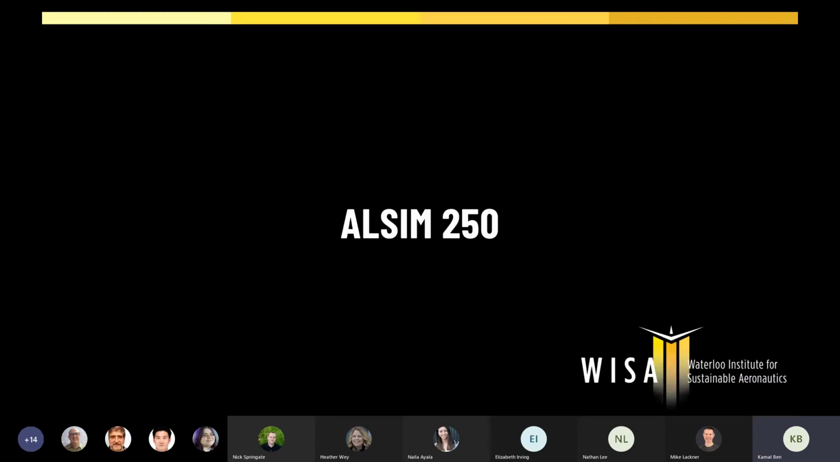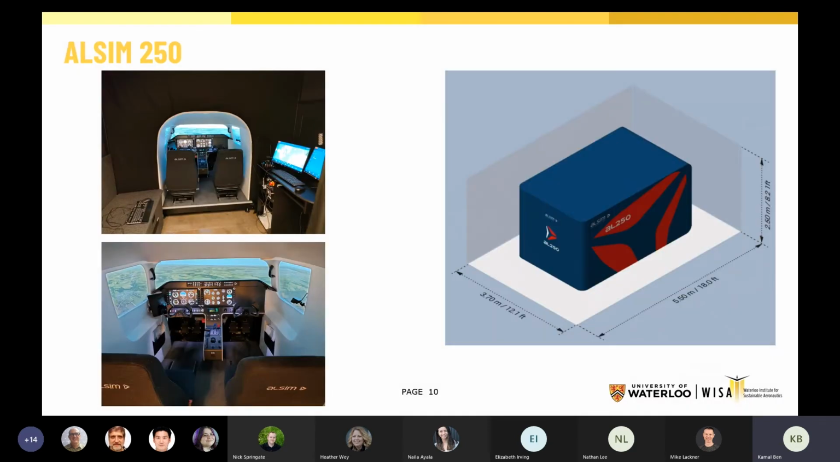So now I'll be presenting the ALSIM 250. Actually, when you look at it from the outside, it's a small box. It doesn't look like a flight simulator. But when you look at the inside,